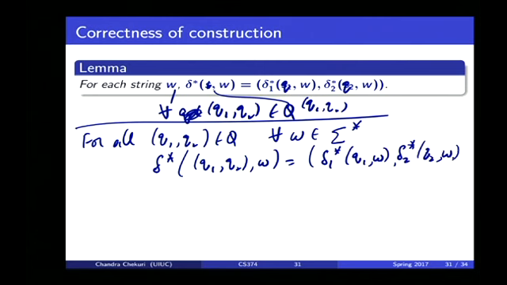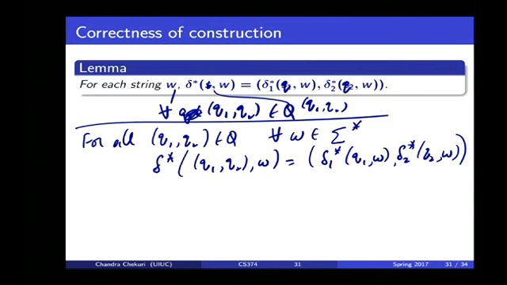So what is this statement saying? It is saying that the new machine is simulating the two machines. That's all it is saying. So how do we formally state it? It's saying that for every state in my new machine, and for every string in sigma star, not language, every string,